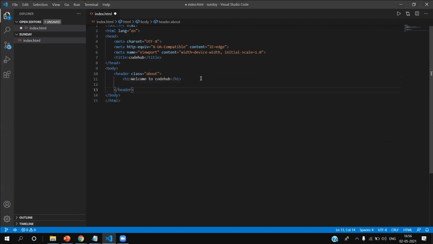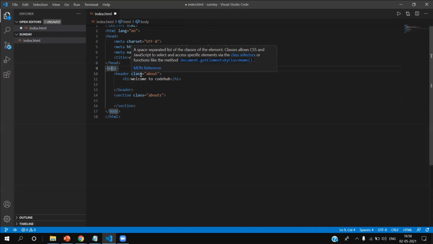Now I've closed header and down I'll create a section. This is the section tag. Now I'll name this section, I'll give section a class of about title. ID is like your roll numbers.